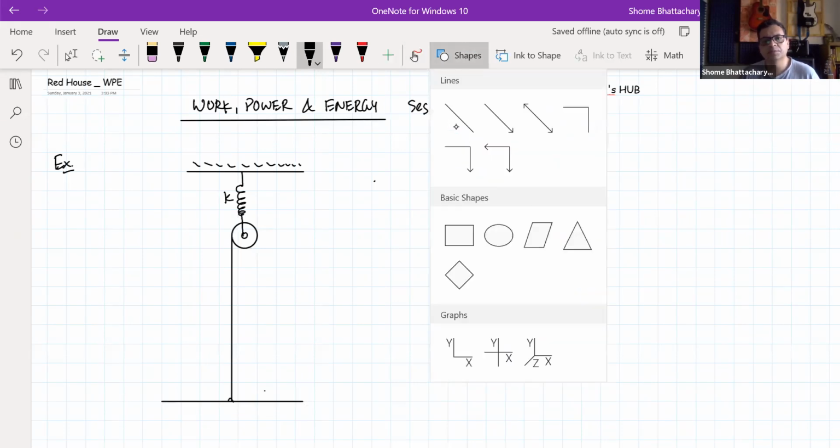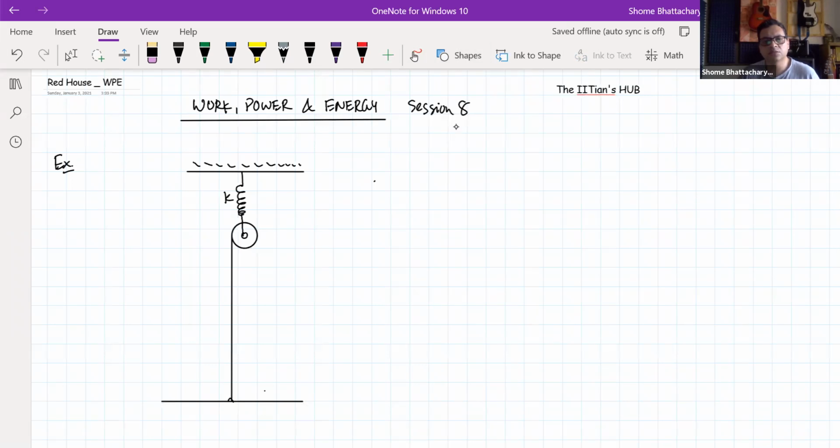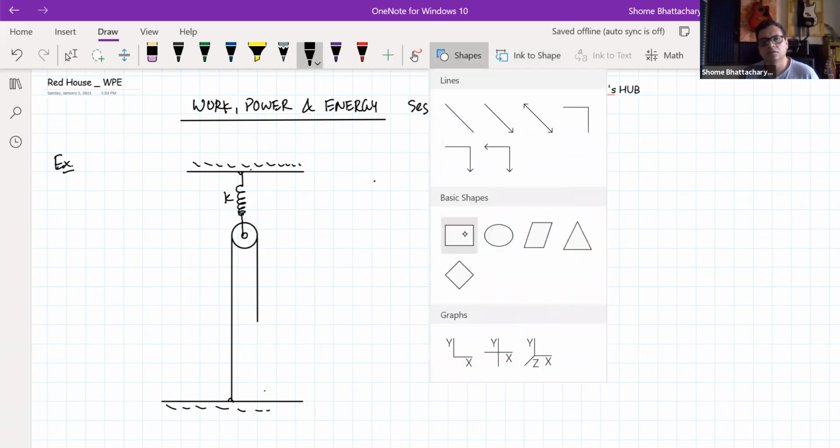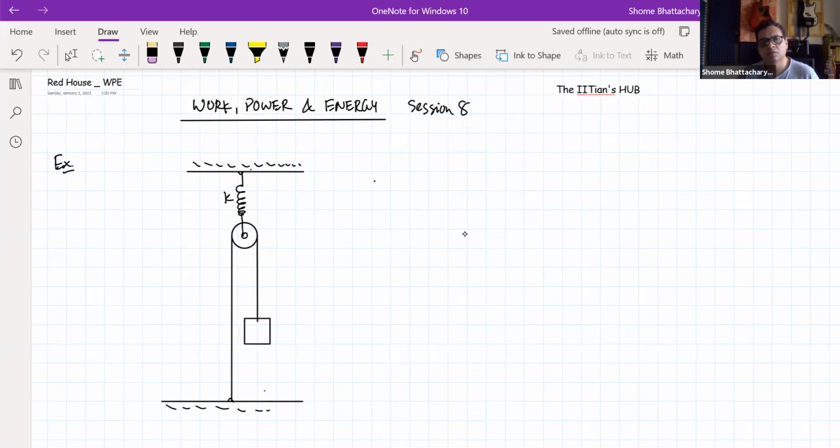Okay. So it's an ideal spring which is connected, which is massless, and it is connected to the axle of the pulley, or rather it suspends the pulley via the axle from the ceiling. Yes, okay. There's a block of certain mass like this. So given that the ideal spring has a spring constant of, let's say, 50 newtons per centimeter,